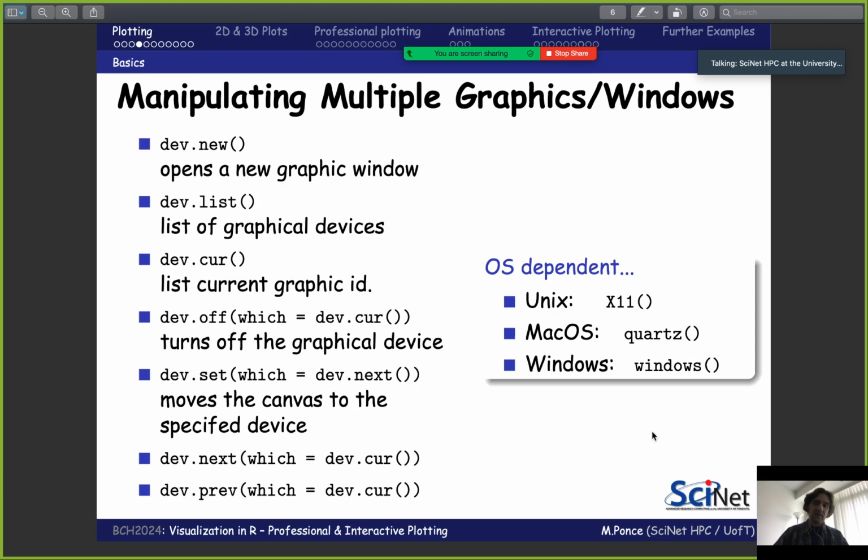Why they exist is because in some cases they also allow you to have more features. For instance, if I take macOS and use Quartz, there are a lot of nice things that you can do with a combination of keys, and you have a little bit more control. Again, I'm just letting you know, in case you ever see some of these commands called in scripts. My recommendation is, if you're going to develop things and you don't know where they are going to be used, or you're trying to keep them as generic as possible, use the device kind of commands versus the OS dependent ones.